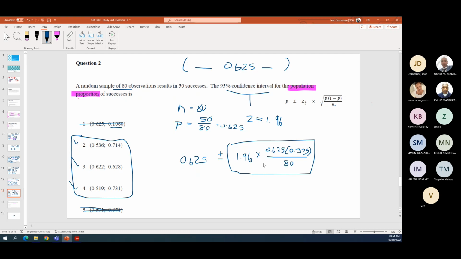Okay, so 0,365 times 0,625 divided by 80. Okay, so let me just write that one down first. 0,0029. And then if I square root that, we get